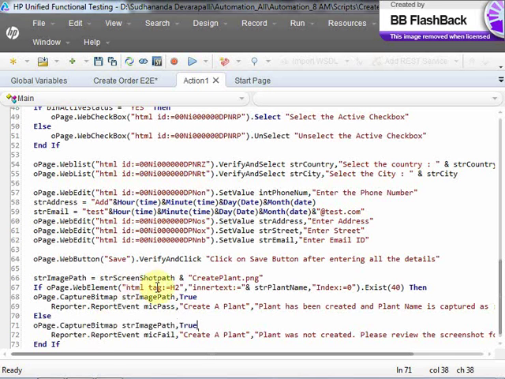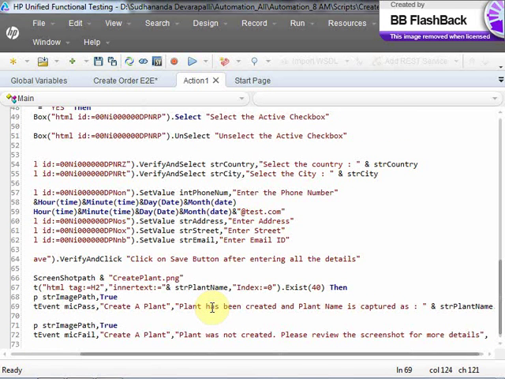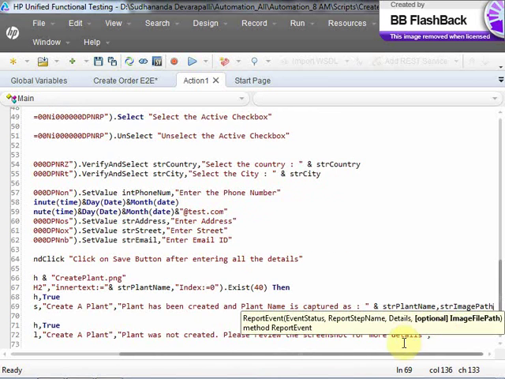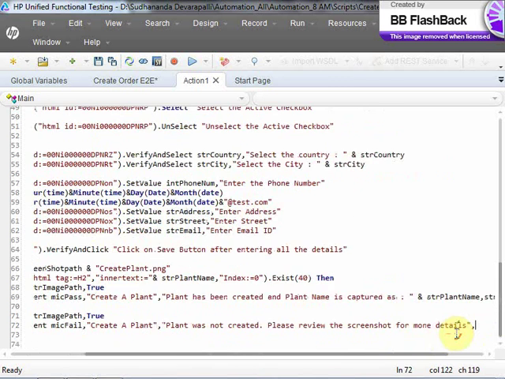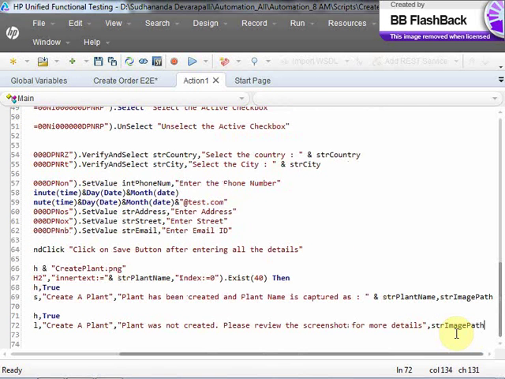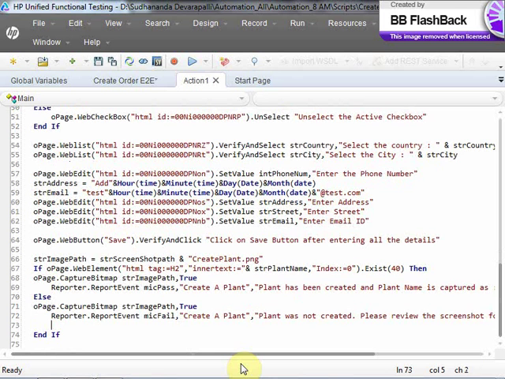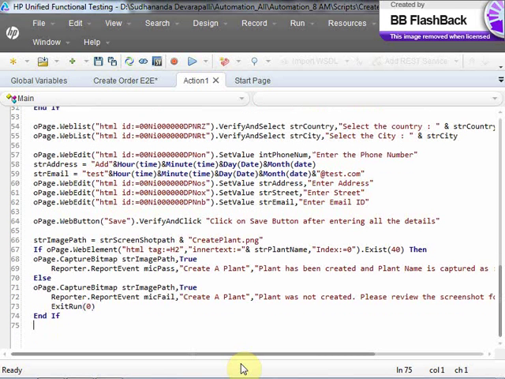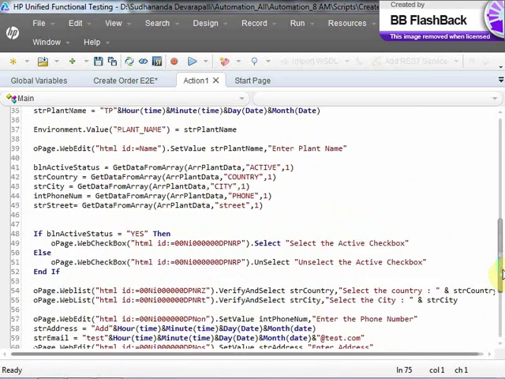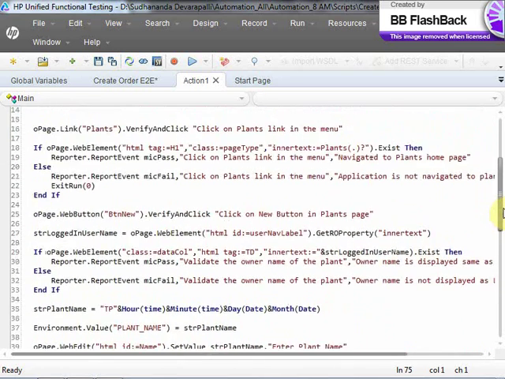Okay, so whether pass or fail, take the screenshot. Here also provide the screenshot. In case the plant is not created, then I don't need to continue with the execution, so stop the execution. Fine. This is for creating the plant. The next is here what we'll do,